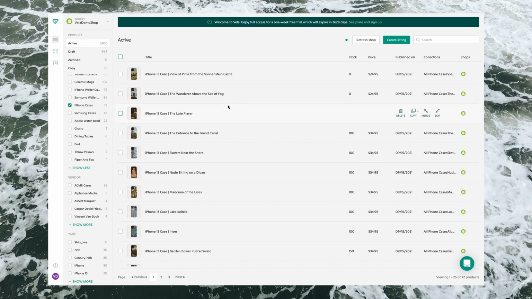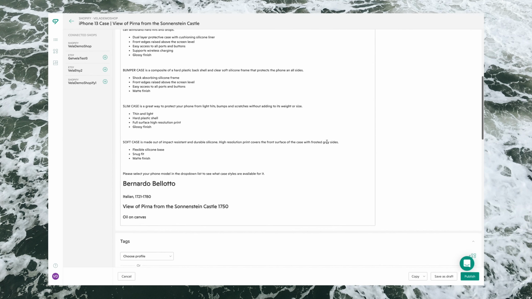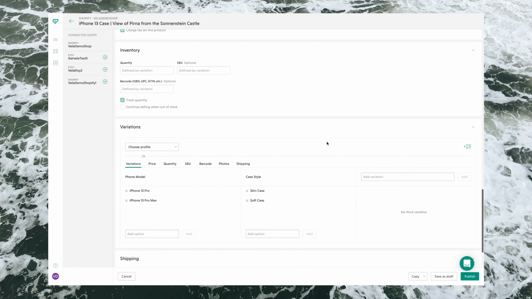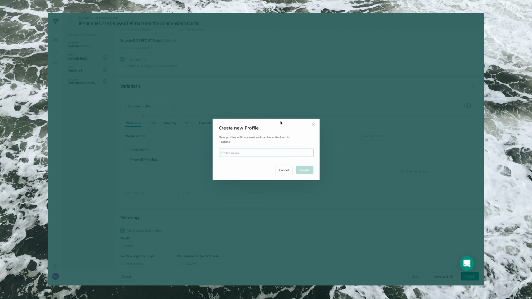So I go to my iPhone cases, and if I had a listing that already contained the variations and options that I know I want, and that was going to then be applied to others. Here, for example, I can create a profile both within the individual edit mode or within bulk edit. Either way, when you look at a listing's variations, you're going to see this profile icon in the top right-hand corner. So when I click that, it's going to then open up and prompt me to be able to create a new profile. So I'll call this